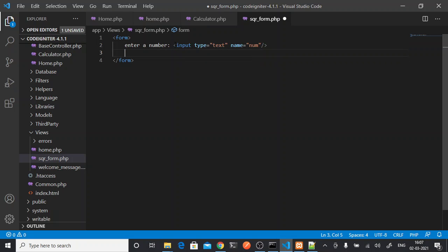And it will have a submit type. Submit value, say get square. Okay.